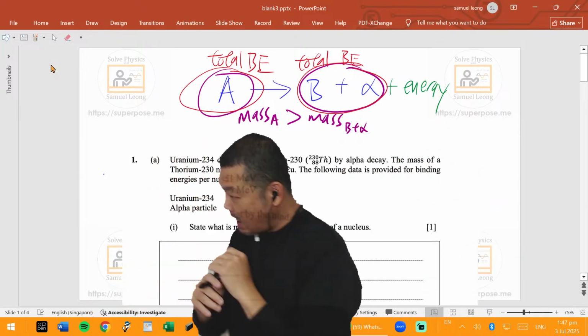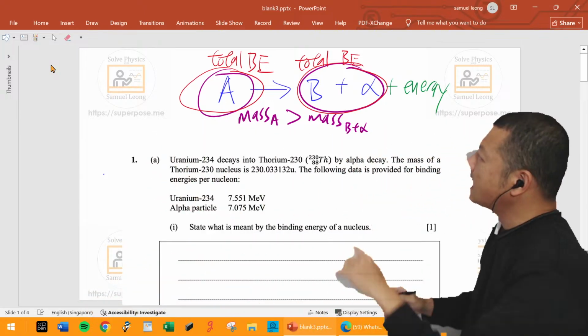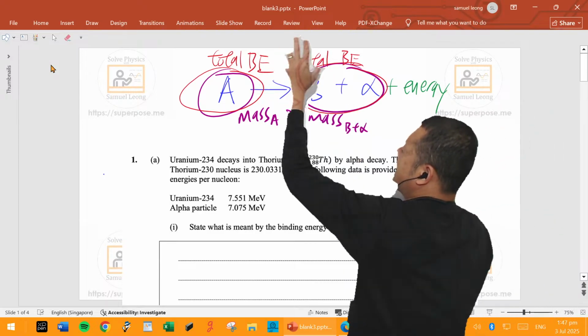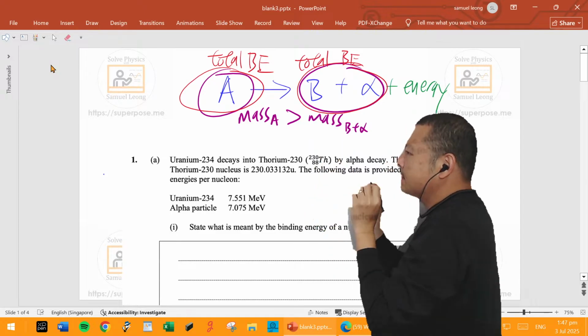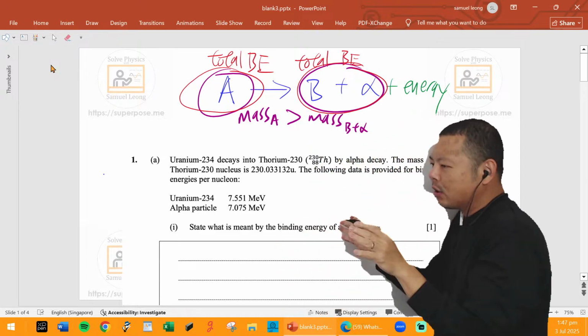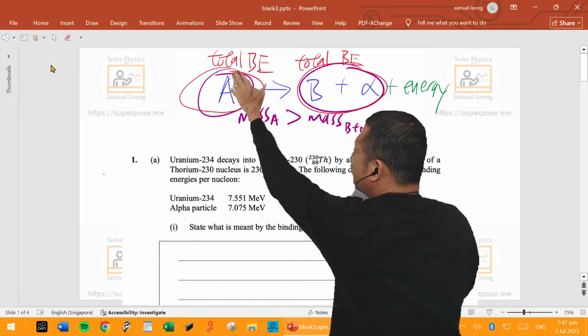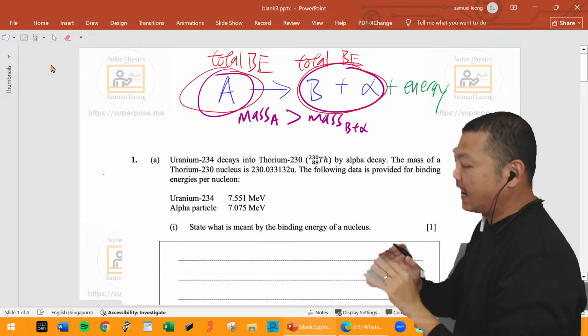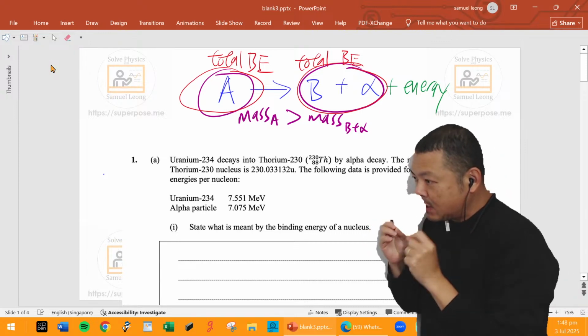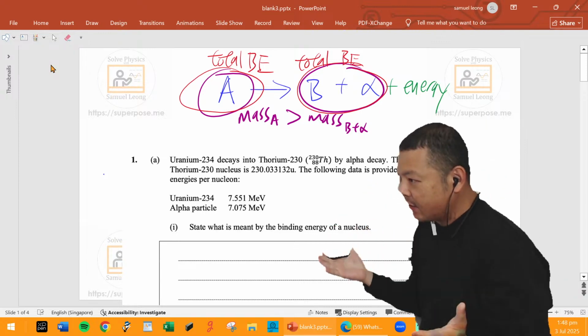Okay, so right now, I'm just telling you straight up, please just quote that the numerical value of the BE becomes larger. It becomes a bigger number. Don't care positive, don't care negative. If this is 2, this is 3. If this is 4, this is 8. If this is 9, this is 12. All right? So I hope you understand what it means to be a bigger numerical value.